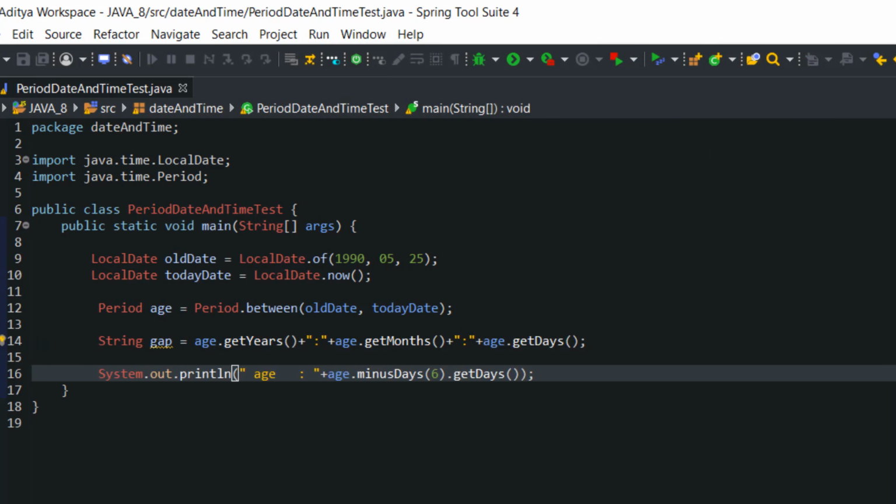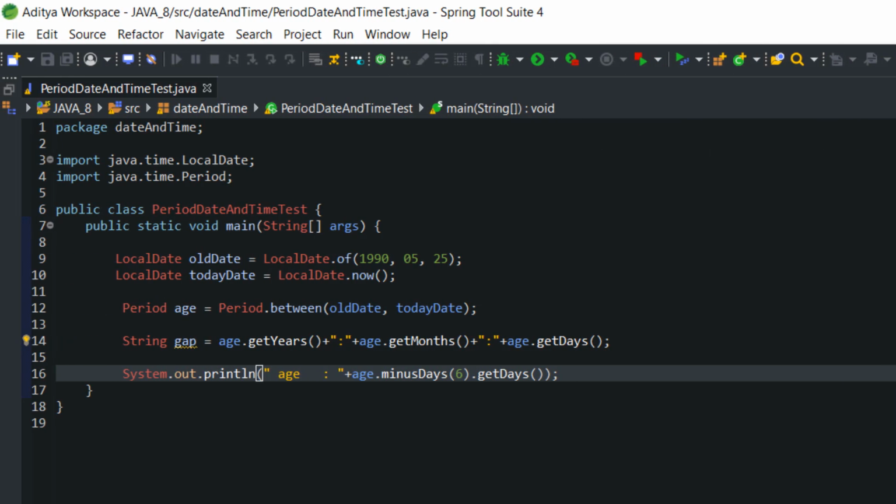So with the help of the Period class and its methods, we can manipulate and compare between two dates. We can even add and subtract with the help of different methods, so that we can present the date and time as per my requirement. Now in the next example, we will see how to extract the current zone, and if I wanted to know the timing of another zone, how we are going to do that. So let's see that one.